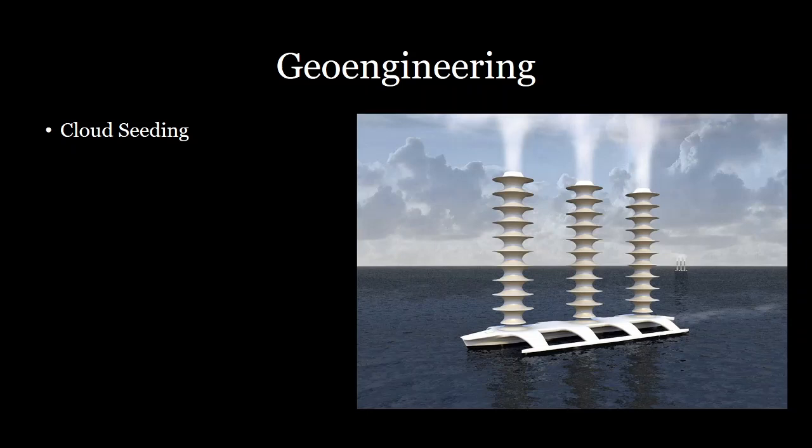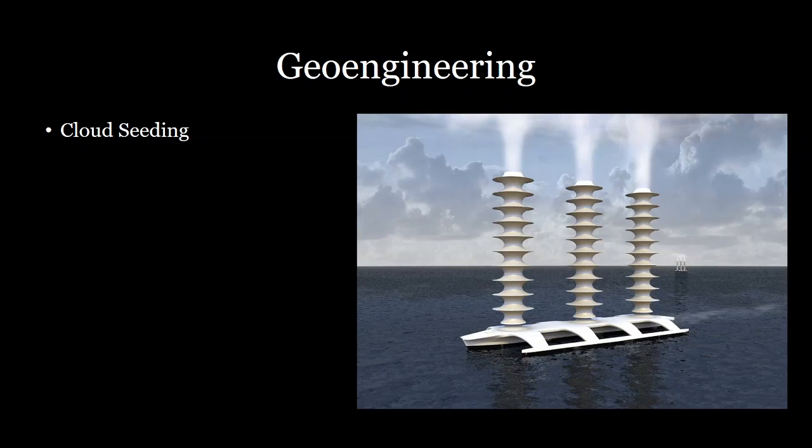Hello everyone, welcome back to our lecture on solutions to climate change and different ways of approaching how to reduce the amount of carbon dioxide in the atmosphere. We just talked about carbon sequestration. Now we're going to cover concepts of geoengineering. Geoengineering is the idea of doing large-scale engineering projects in order to drastically change our environment in order to produce some effect. In this instance, reduce the amount of global warming going on.